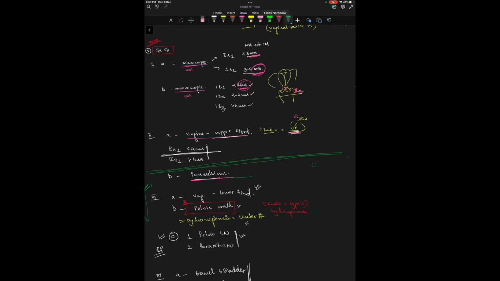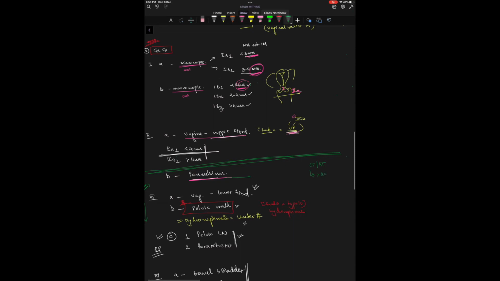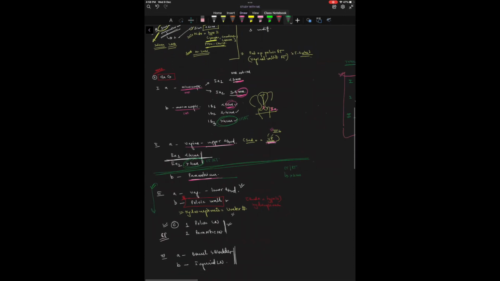Beyond stage 2B, we just do chemotherapy and radiotherapy. Also remember that if the size of the tumor is more than 4 centimeter, then also we will go for chemotherapy and radiotherapy. So here also we will go for CTRT, and here also we will go for CTRT. The next thing to remember is that before stage 2B, we do hysterectomy. Alright, and what we do is simple hysterectomy.